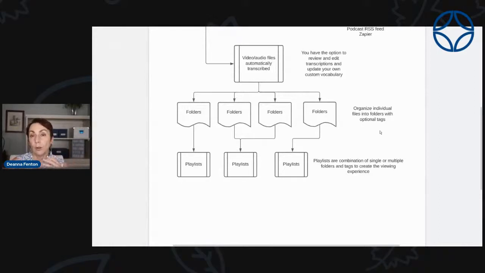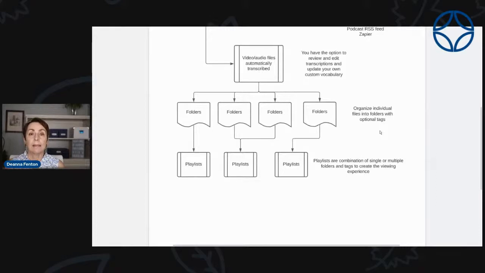And one of the first levels of organization are folders. So I'm going to go into my Searchy account and show you how I have folders for coaching clients. I have folders for content of my Facebook Lives that I want to organize a certain way. I have folders for the membership content, so it's all in one place. And you can organize the folders, and you can then also organize them by adding different tags to them.